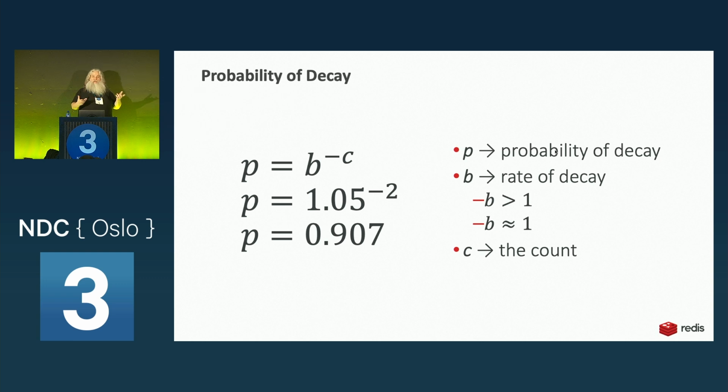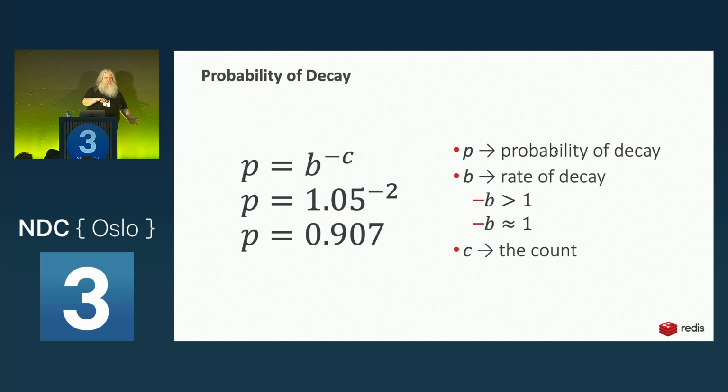And so if we've got a small number in there, our odds of erosion are high. 1.05 to the power of negative 2 is 0.907. So it's 90.7% likely that it'll erode. If I had 1 million items in there, or 1,000 items, you get a much smaller number, and the odds of it eroding are much lower. And so this allows things that, once they get in there, if you get a high count, it's unlikely that they'll erode. They will erode occasionally, though.